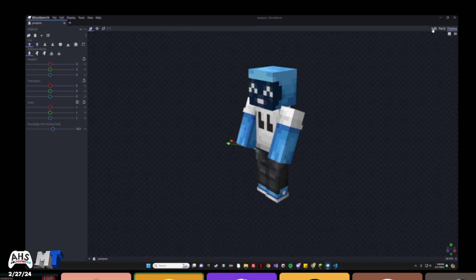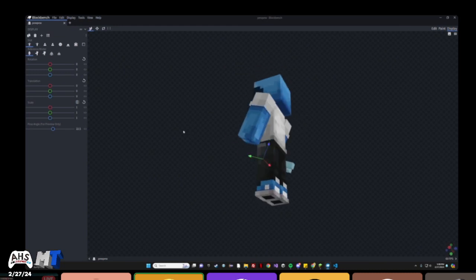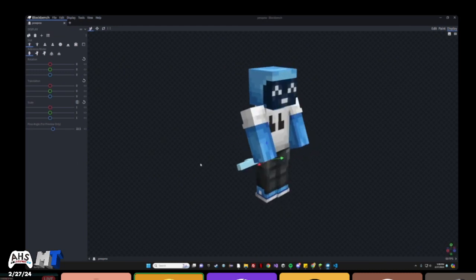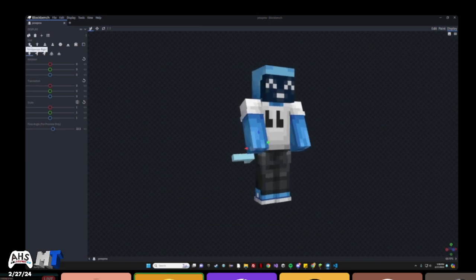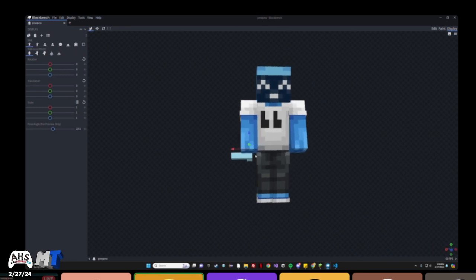So to do that, we click the little display button right here in BLOCKBENCH. And then you'll see you have a little player character right here that you can use to set the display. And you will see the different display types that you have over here. Starting with third person right, we're going to drag this to a display that looks good to you. I'm going to,